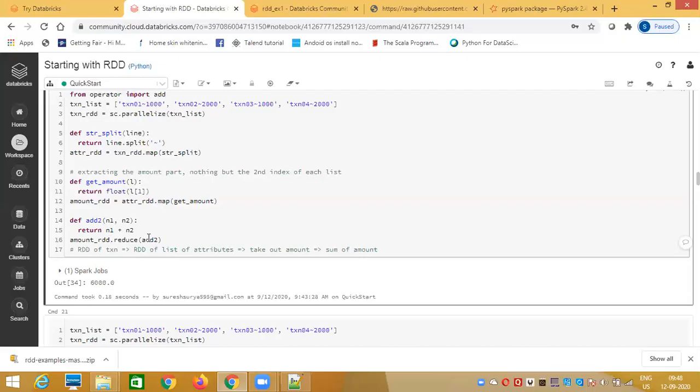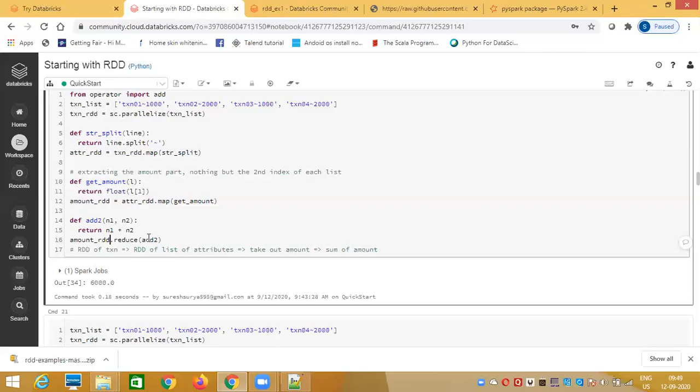Every action triggers the entire chain of transformation executions. You have read the data as an RDD, then .map, .filter, .map, .filter, like that. You have called n number of chained transformations, and then you call an action. Then the entire chain gets materialized. The entire chain gets materialized when you call an action. That is what happens in the backend. That's the syntactical difference we saw: the return type of a function.